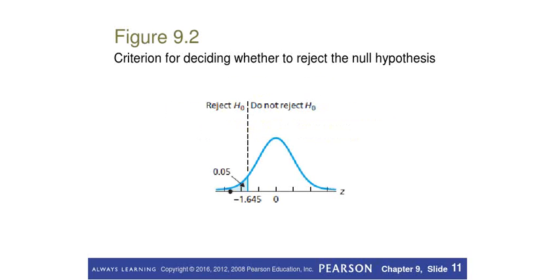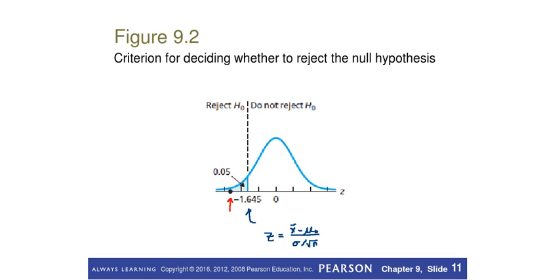Let me write the z-value again here. The z-value, remember, is equal to the sample mean minus the population mean, divided by the standard deviation over the square root of n. Remember, that was our sampling distribution. If the z-value we get from our sample is down here, less than negative 1.645, which from our table is associated with a 0.05 probability,